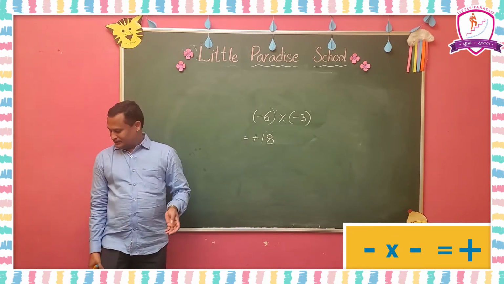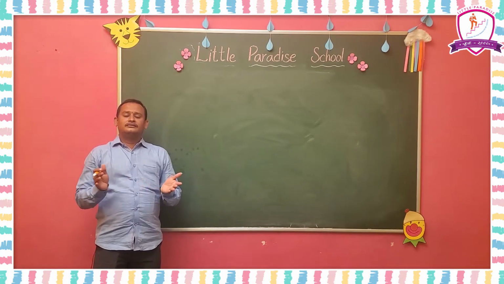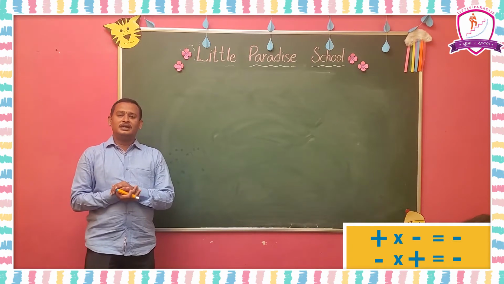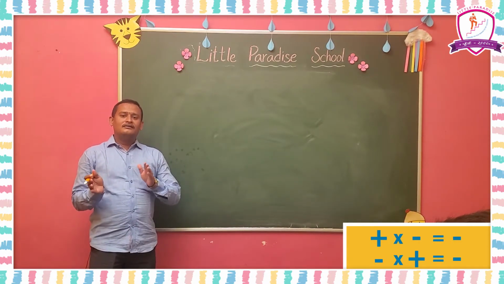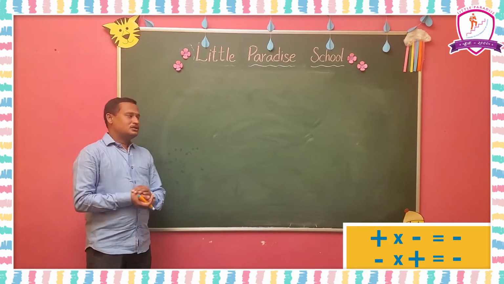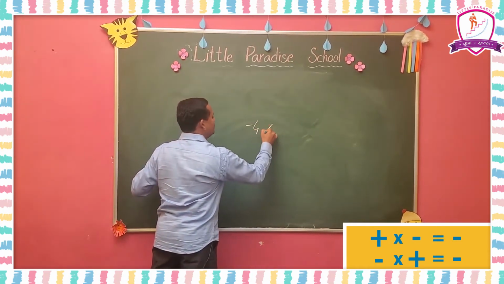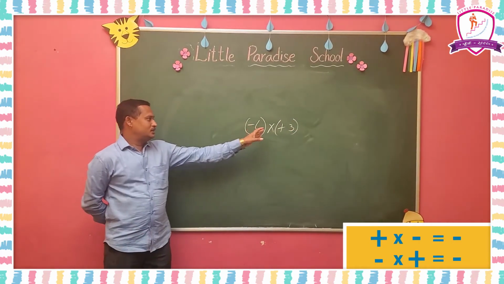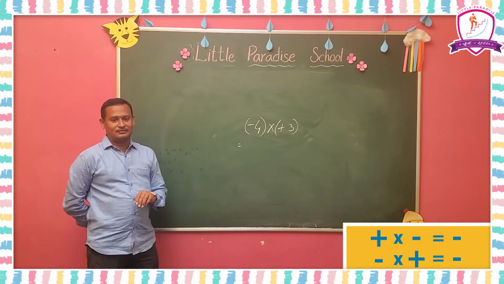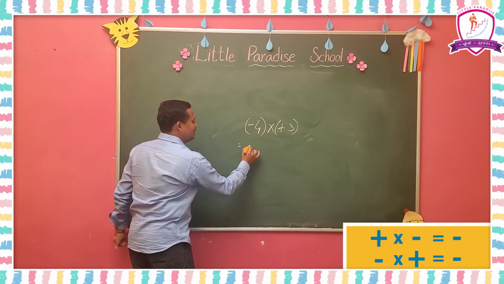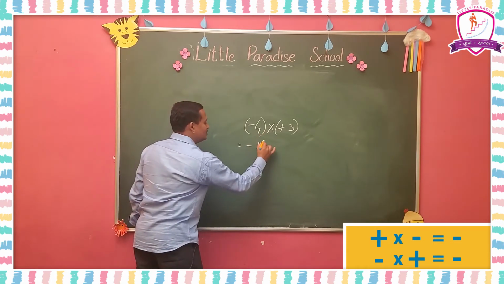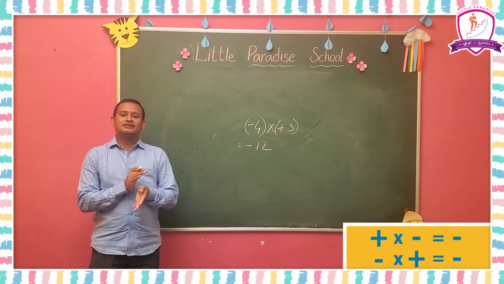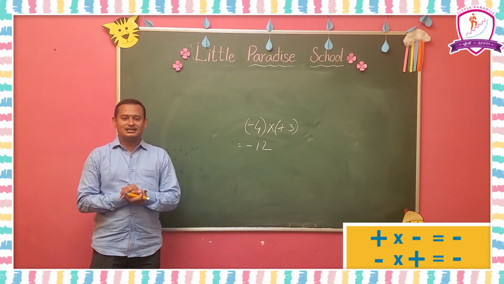Okay. Next topic: multiplication of one positive integer and one negative integer. When we are multiplying two integers with opposite signs, for example, minus 4 into plus 3, one is positive and one is negative. Here when we are multiplying plus into minus, we will get minus, and 4 3s are 12. What we observe here is that when we multiply one negative integer and one positive integer, we will always get a negative integer as the answer.